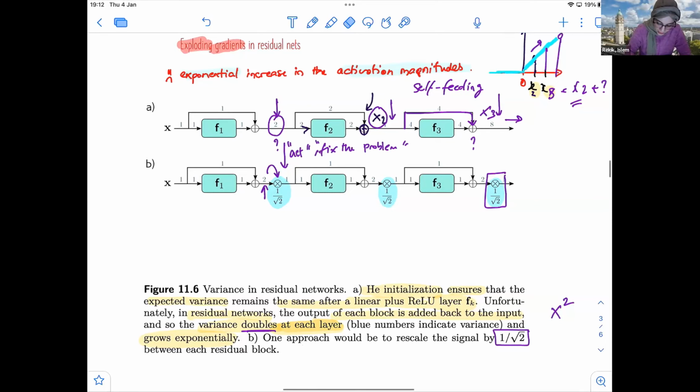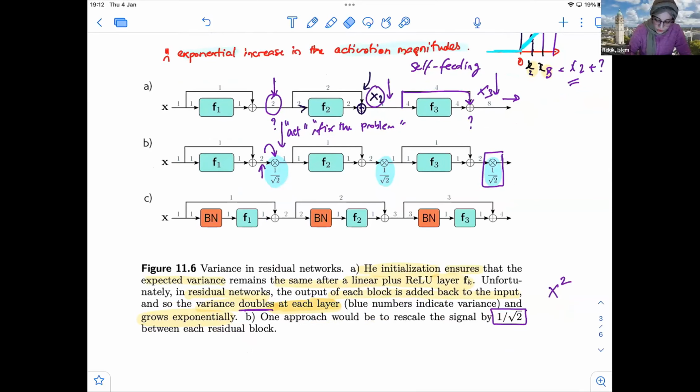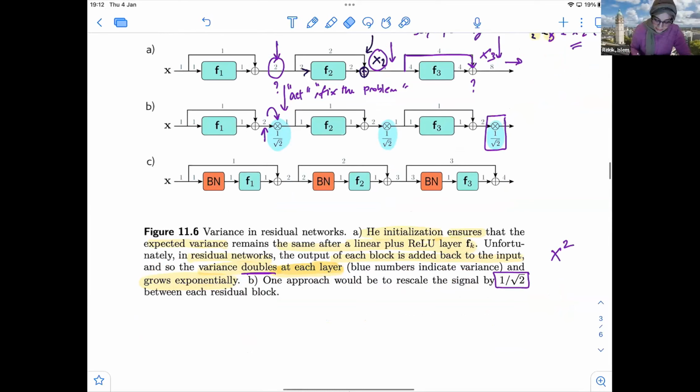Now, the best way or the most common way is to use what we call batch normalization. And we have seen batch normalization also in the previous lectures. And it's a very common concept. It allows us to kind of regularize the loss, speed up the convergence. We have seen so many beautiful properties of batch normalization and how it exactly works and why we introduced it. But today we're going to expand a little bit more on that.